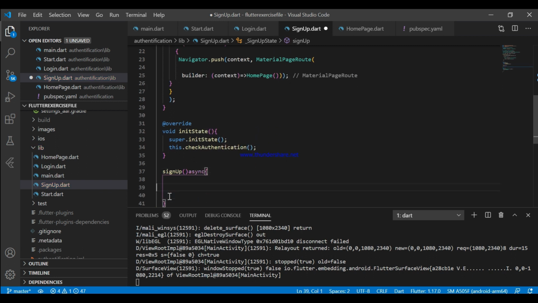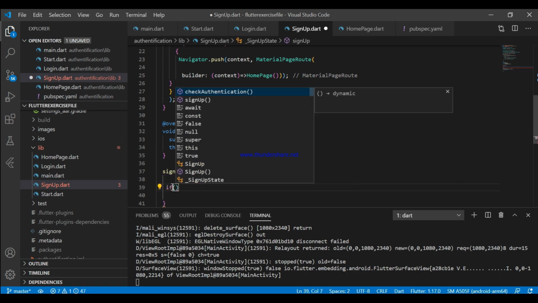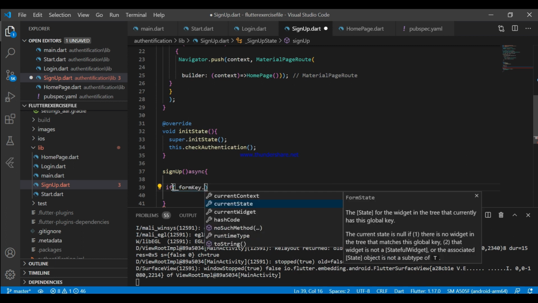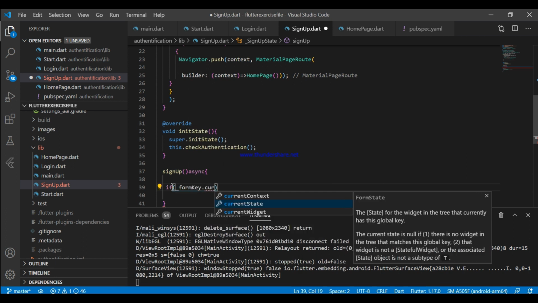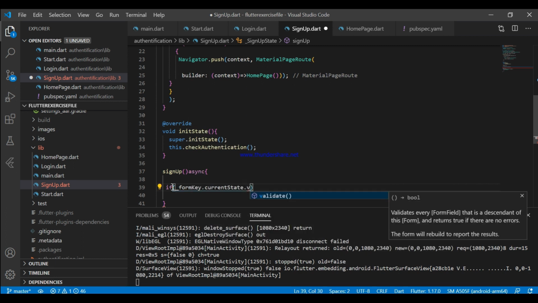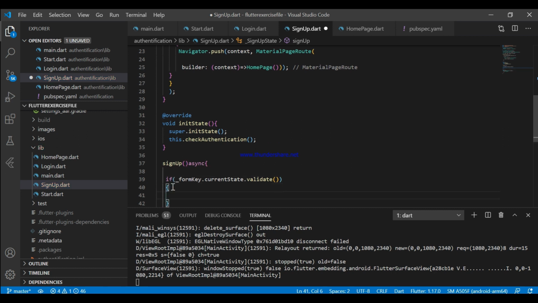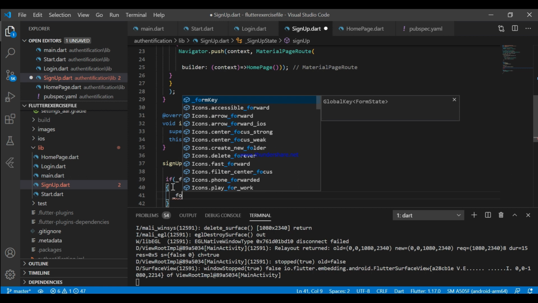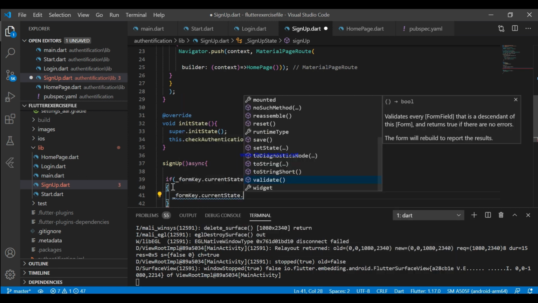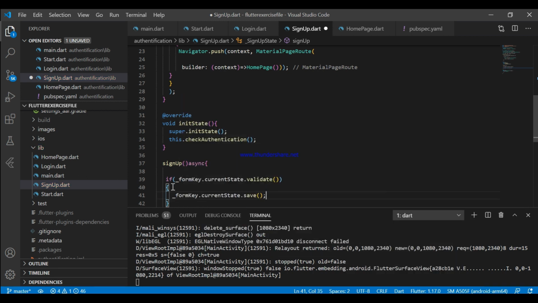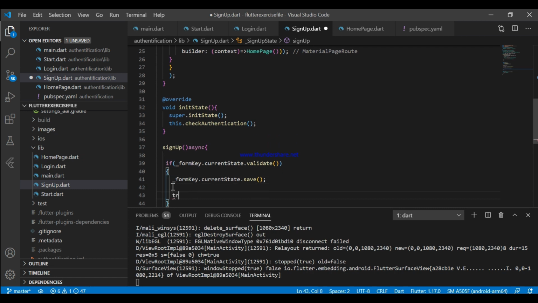Let's create a method for sign up page, like we did in sign in page as well. Now previously, as we have created login method, it's time to create method for sign up page.